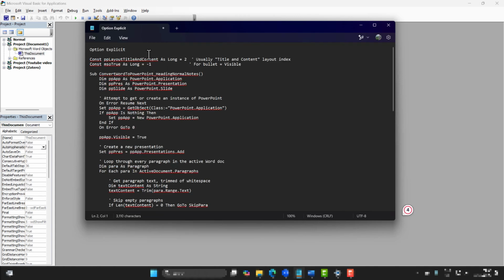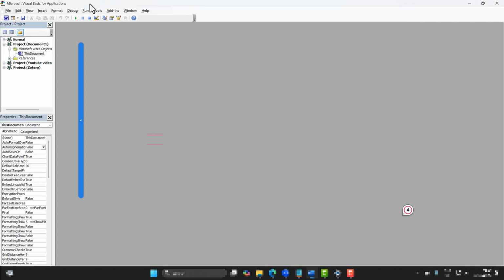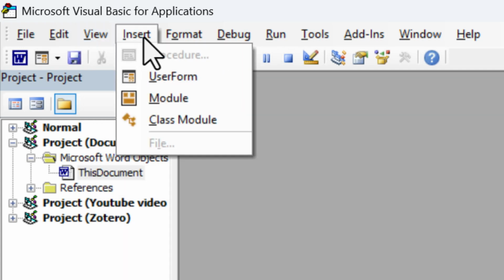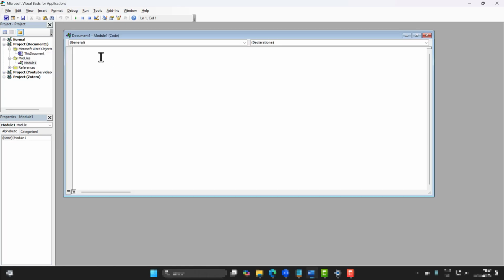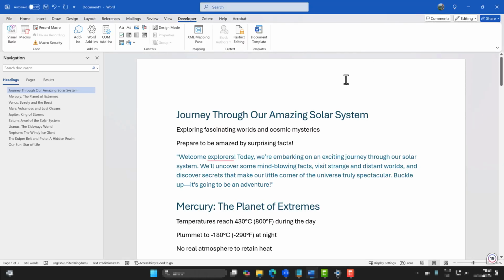Now all I'm going to do is I'm going to select all of this and copy. And then back in Visual Basic for Applications, I'm going to choose Insert and Module. And I'm going to paste the code in here. Now we don't need to do anything else. We can simply just hit the X button here.